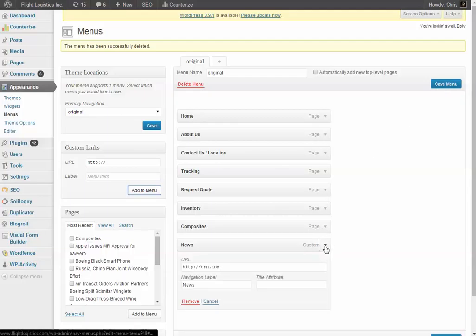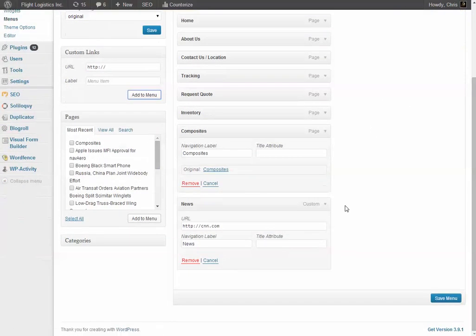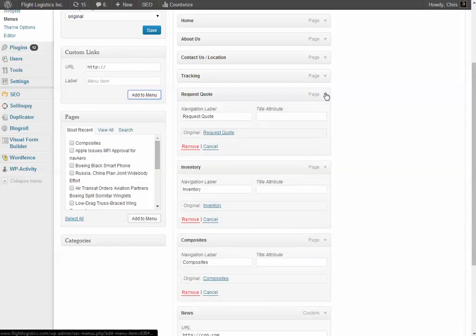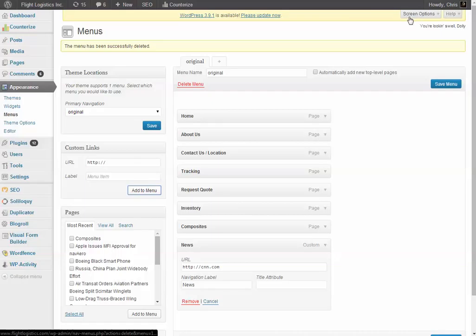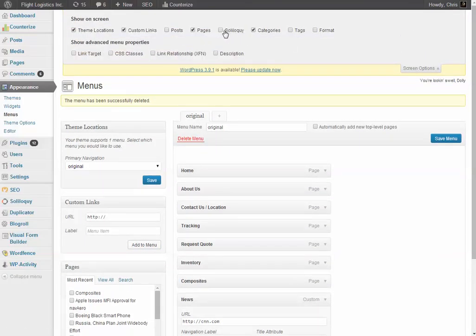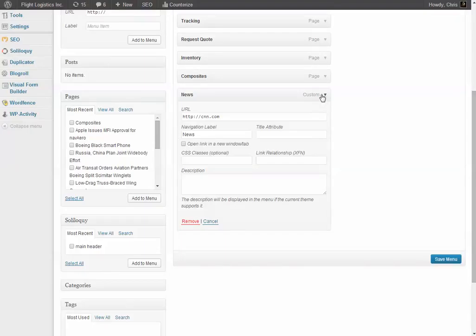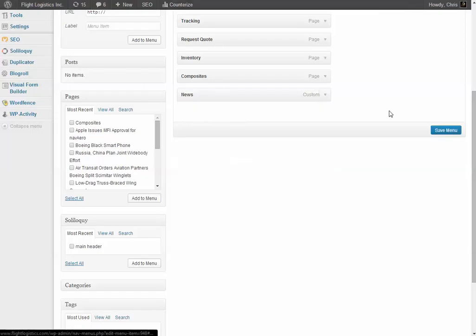Now, mind you, if you start tinkering with it, I remember the conversation that we had on the phone. You go through this, you'll start figuring things out slowly but surely. But you can open these up to see what other things you can add to it, a title attribute or anything like that. Those items are there and readily at your disposal. As well as also keep in mind, if you go to screen options, you can add these in here to allow you a little bit more control. So, and what this allows is a more flexible control over the menu system. But with that said, click Save Menu,